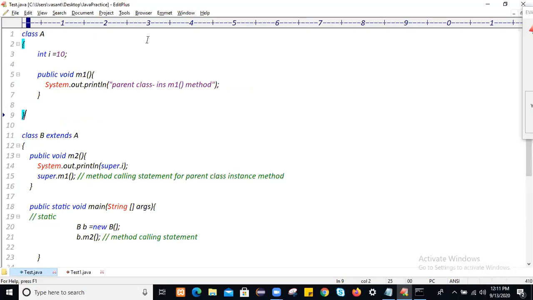Class A is the parent class here. When we inherit this class A, it is called parent class, base class or super class. Then this class B is inheriting class A, so class B is called the child class, or subclass, or derived class.